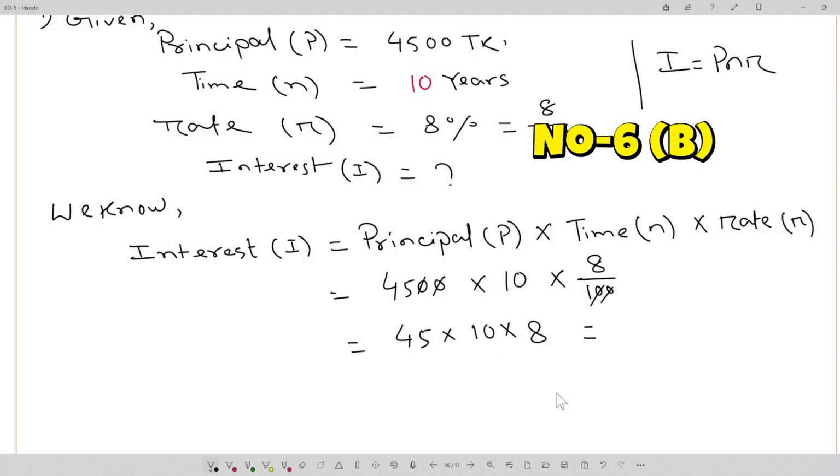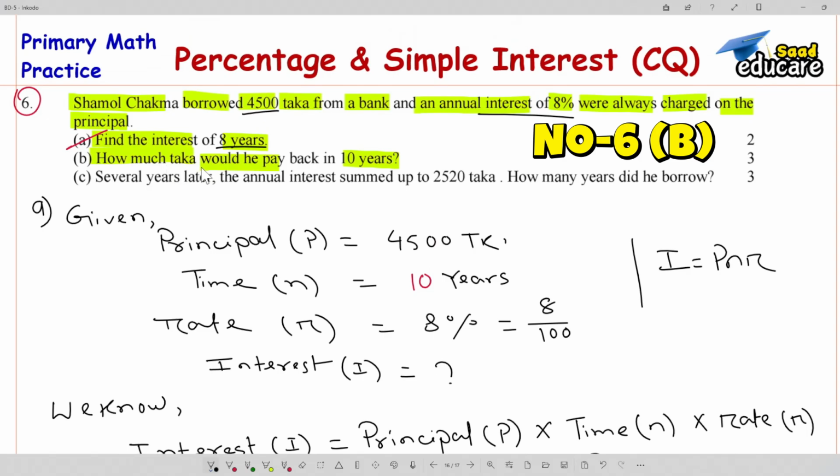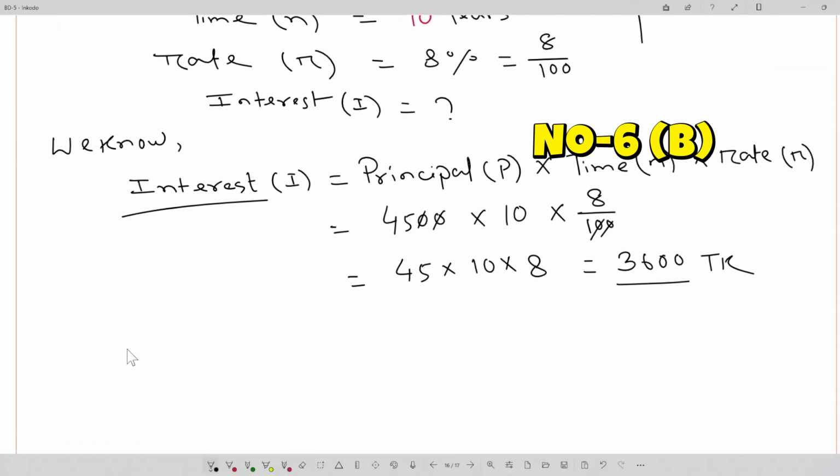So what will be the answer? You can use a calculator. So 45 times 10 times 8 will be 3,600 taka, right? 3,600 taka. But this is interest. But what we need is how much taka he would pay back. It means he has taken 4,500 taka plus interest. So he will pay